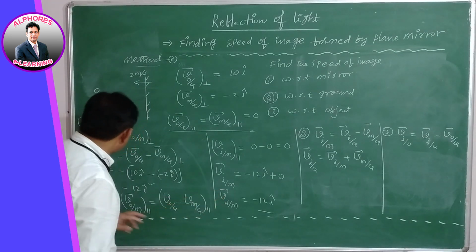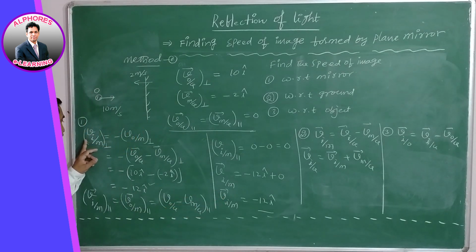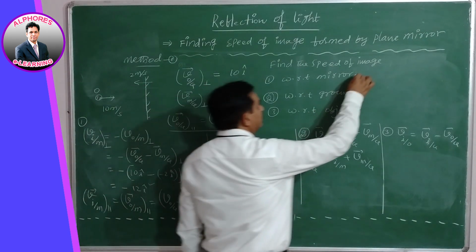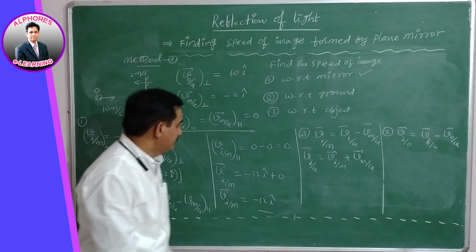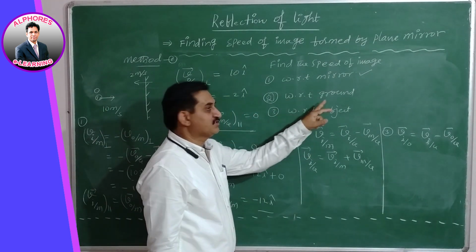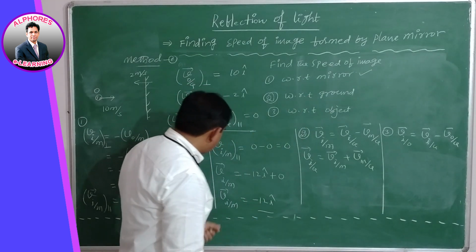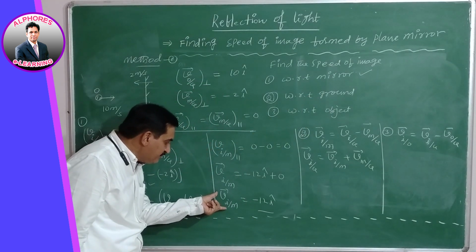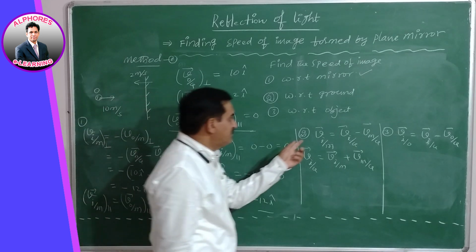So this is the answer for speed of image with respect to the mirror. The first question's answer is over, and we go for the second one: speed of image with respect to ground. How do we find it? The same formula, speed of image with respect to mirror. Its formula is